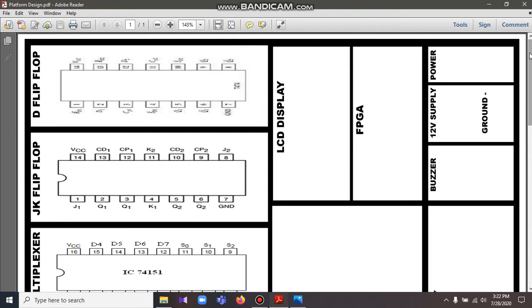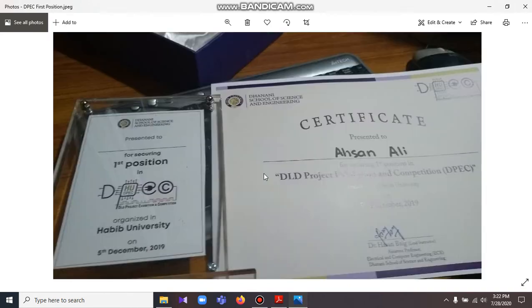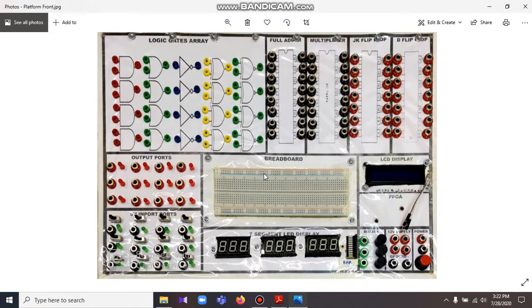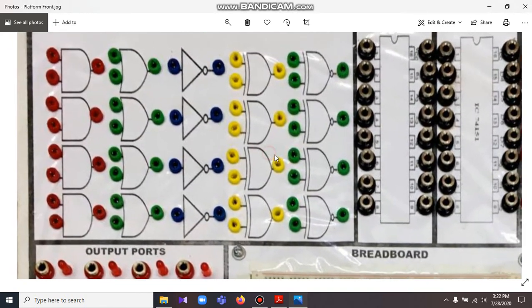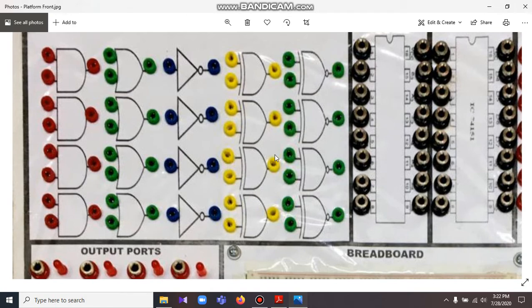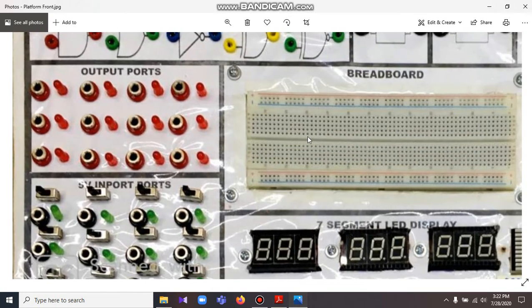So for platform design, let me show you the platform design. You can see we implemented a large array of logical gates such as AND, OR, NOT, XOR, and XNOR gates. Similarly, we included the input and the output ports right here.